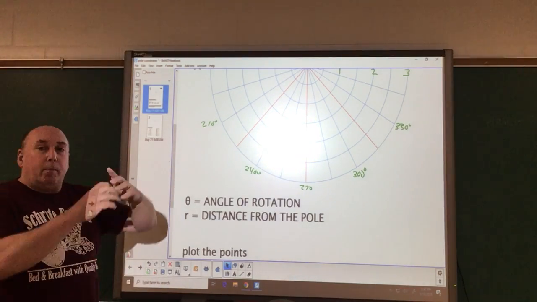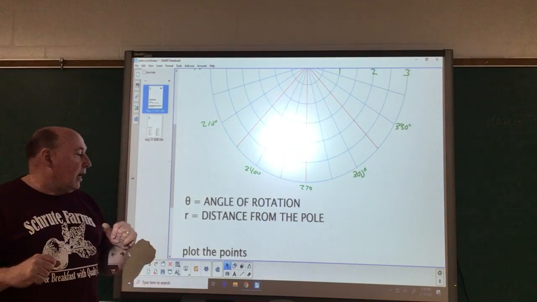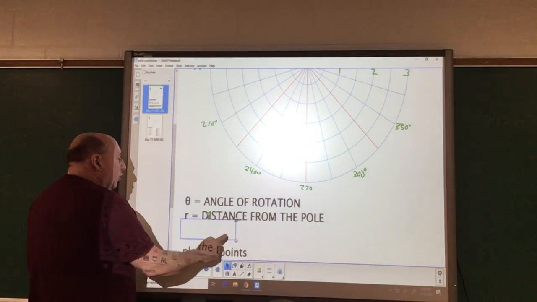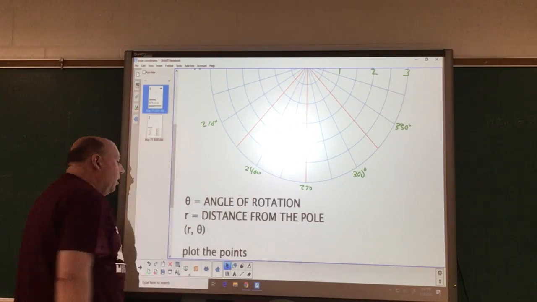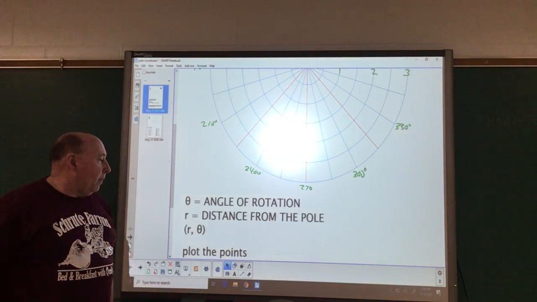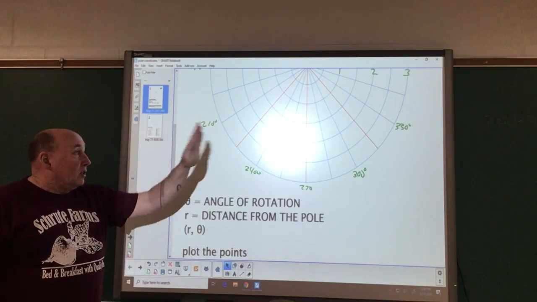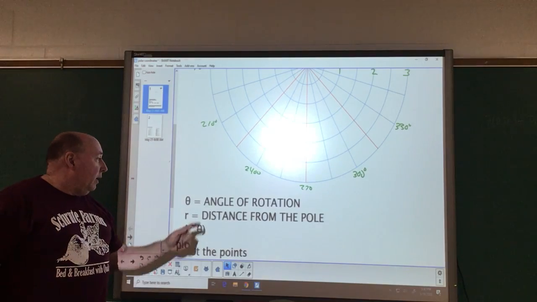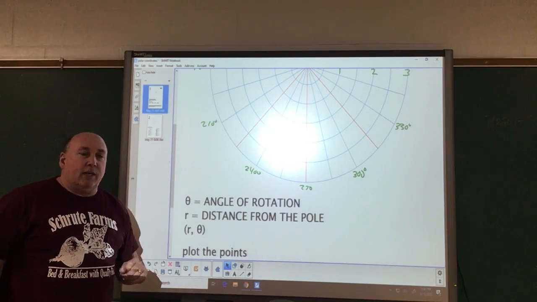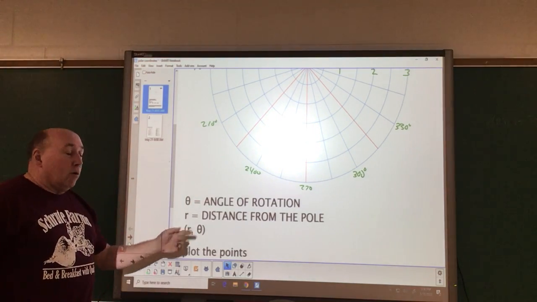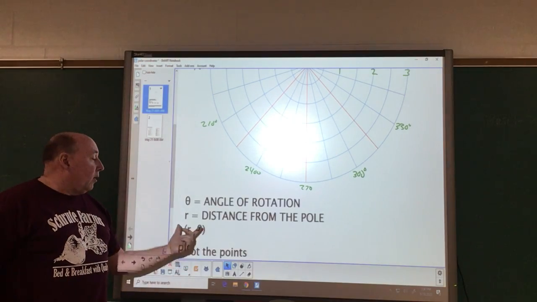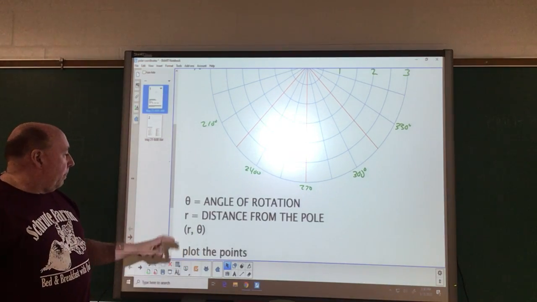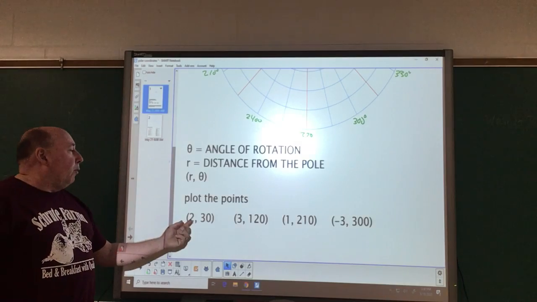Okay, and you count them out by the circles. What's my distance going out? And this will create an ordered pair of r, theta, where my r, my distance, goes out from my pole, and theta is my angle of rotation. I get an ordered pair, just like an x, y ordered pair, we get an r, theta ordered pair. So if we plot some points here,